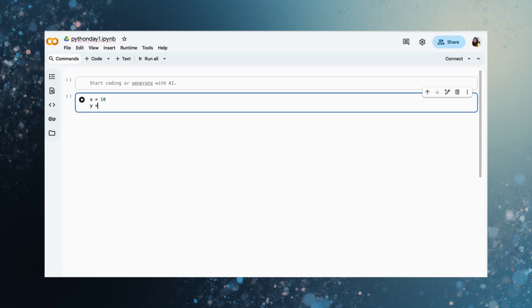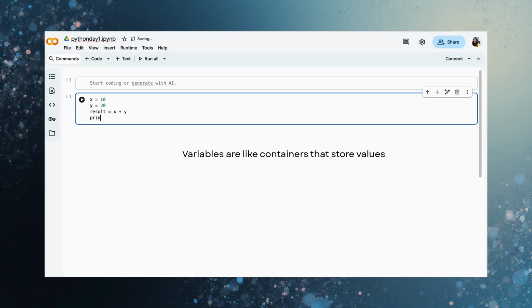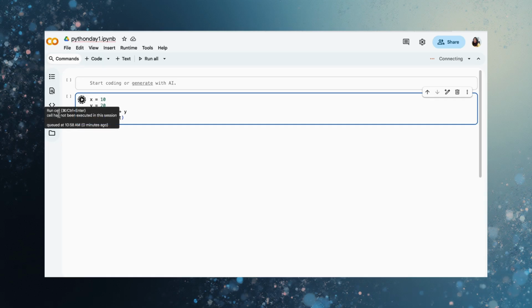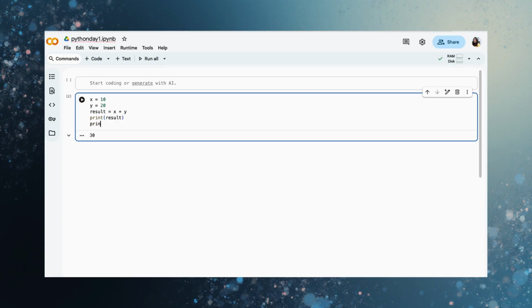So today we are doing the coding of calculation, adding two numbers. It's very easy in maths, but here we use variables to store the values. X and Y are the variables, and result is also a variable where we are storing our output. 10 and 20 are the values, and the print command we use to get our output. Okay, so while pressing this key or button, we'll get the output. Everyone knows it is 30, right?